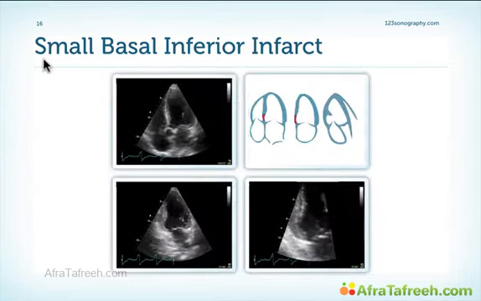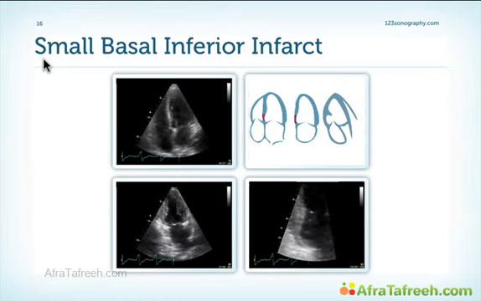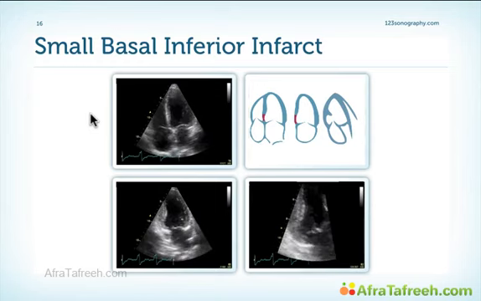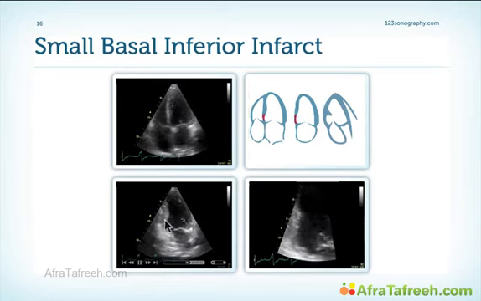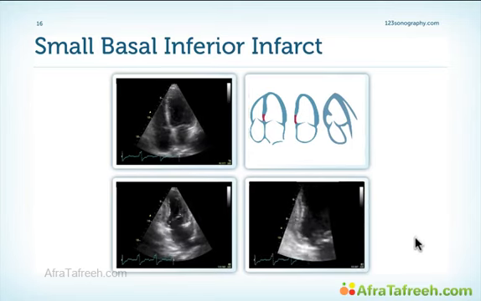Now let's look at a typical example of a small basal inferior infarct. This is a patient who had a subacute infarct a few days old, and you can see there is a wall motion abnormality here in the basal part. You have to look very closely to really detect this wall motion abnormality, and you can also see the abnormality here in the basal part in the two-chamber view. This is even nicer to see here in a zoom view, where you can see that there is no thickening